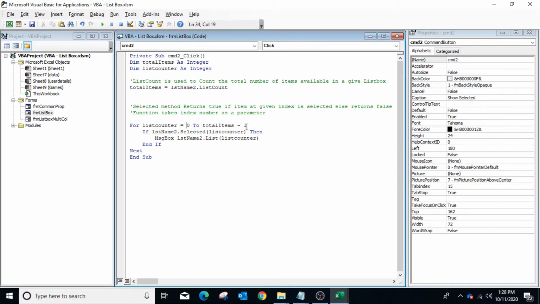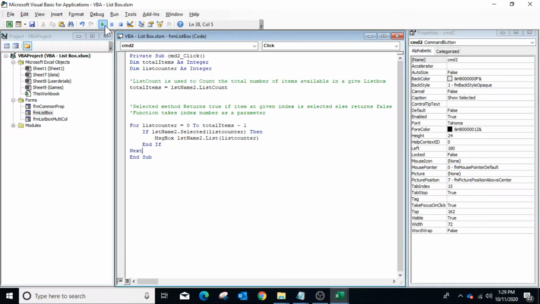Now to check whether each item is selected or not, we will use the Selected property of the list box with the index number. The Selected property returns true if the item is selected, else it returns false. If the Selected property returns true, which means the item is selected, we will use the List property with the list index to get the name of the selected item.